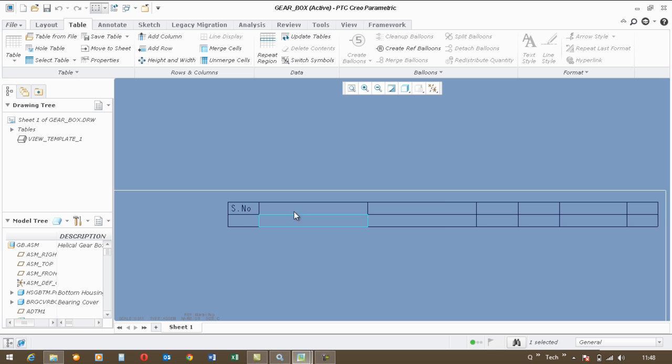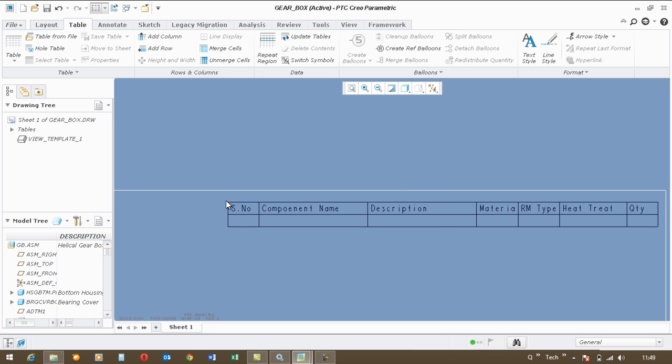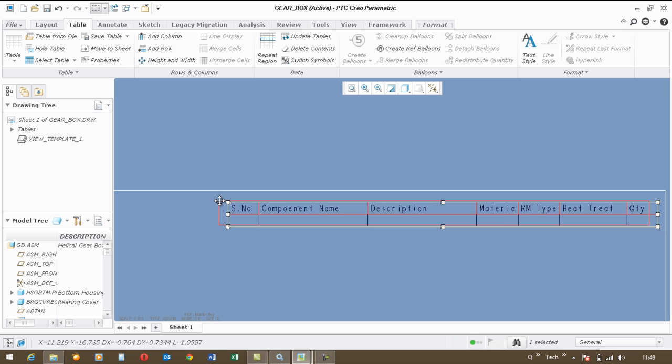Here I'm going to have the component name, maybe the part name, and here would be the description, material, raw material type, heat treatment, and quantity. So I'm done with the title